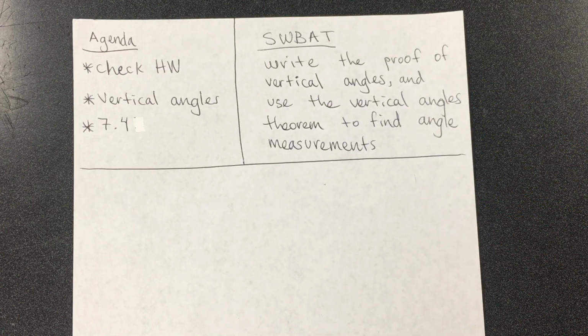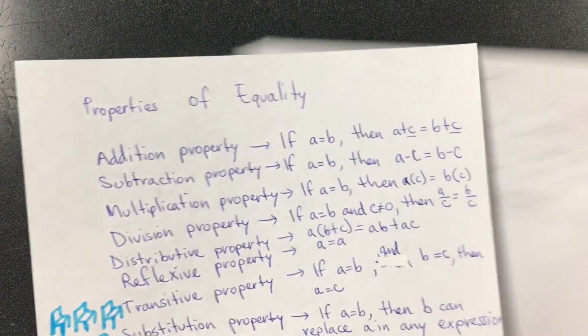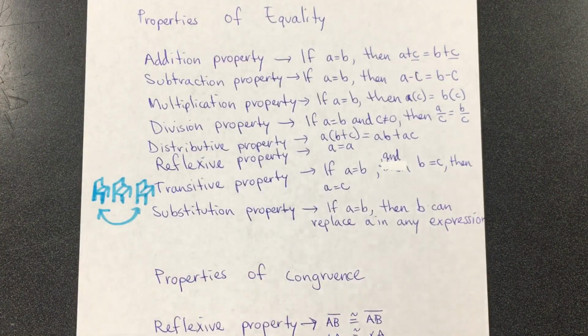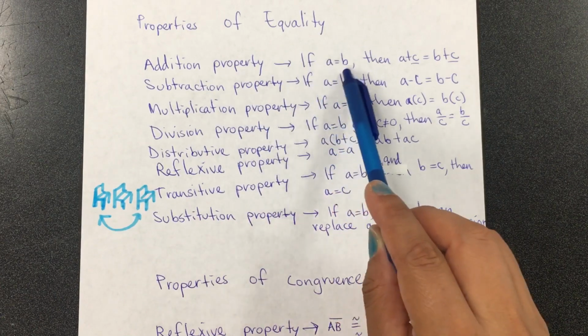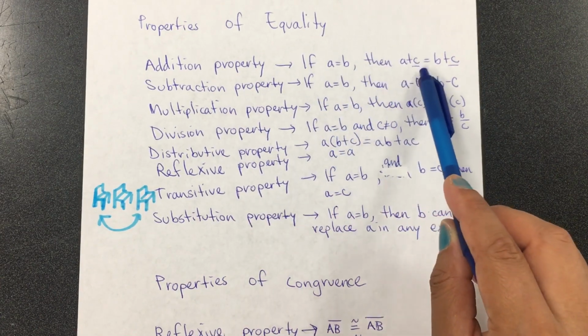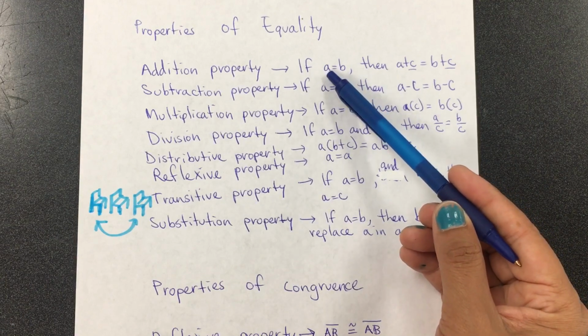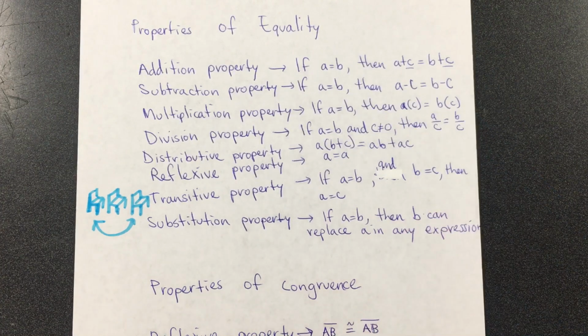angle measurements. And I'm going to show you a list right now of properties that we are going to need, but you don't have to write them because I'm going to give you a copy. So it says addition property, if A equals B, then A plus C equals B plus C. That means that if you add any number to both sides, the same number, then they continue to be